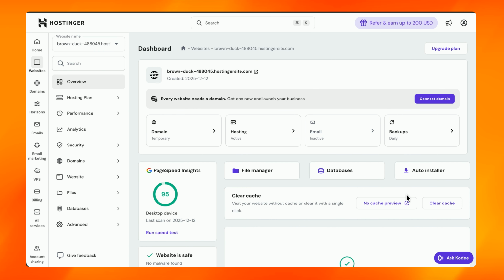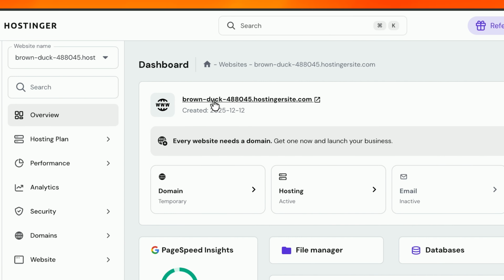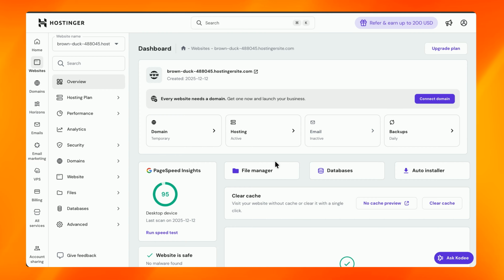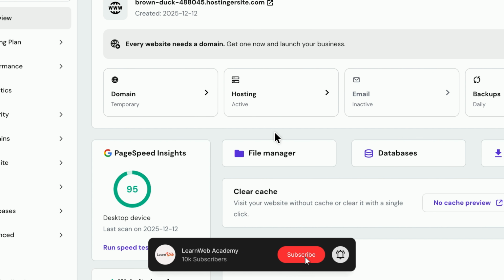Since I have already logged in to my Hostinger account, and this is my temporary domain for now, let me show you that nothing is on this site currently. And after this, we have to go to this file manager section. You can choose any of your hosting. You may find an option for a cPanel or hPanel or control panel. You will just have to go to file manager on that,